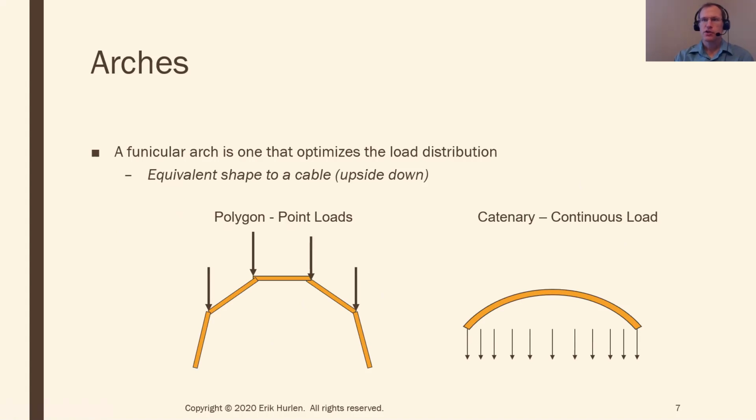So because arches can't change their shape, there's something called a funicular arch. And a funicular arch is one that optimizes the load distribution. It's essentially the most efficient arch you can make for that specific loading. It's kind of like if you did have a cable and put a bunch of weights on it and then turned it upside down, that's what the arch would look like. So again, for point loads, if I had a bunch of point loads hanging off a cable, it would make nice straight lines. And so if I did that for an arch, if I have this loading distribution, I'd want to also have those same straight lines against the same angles as it would be for a cable, just upside